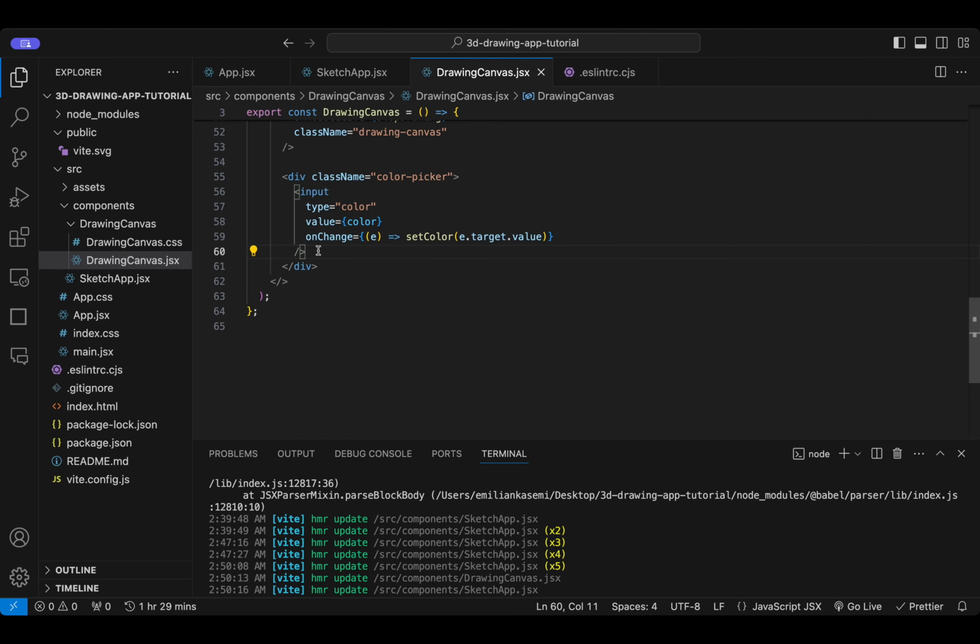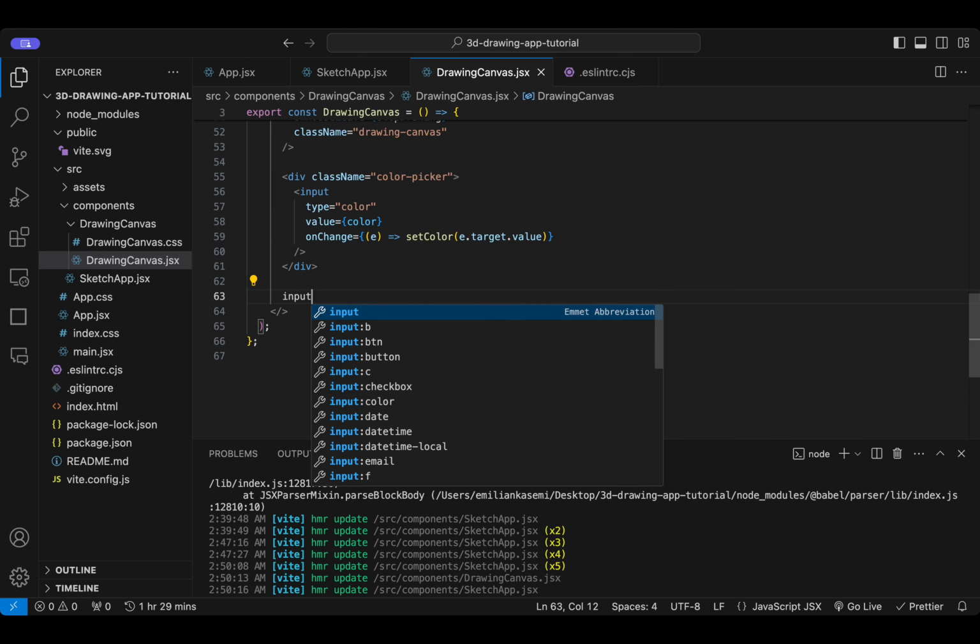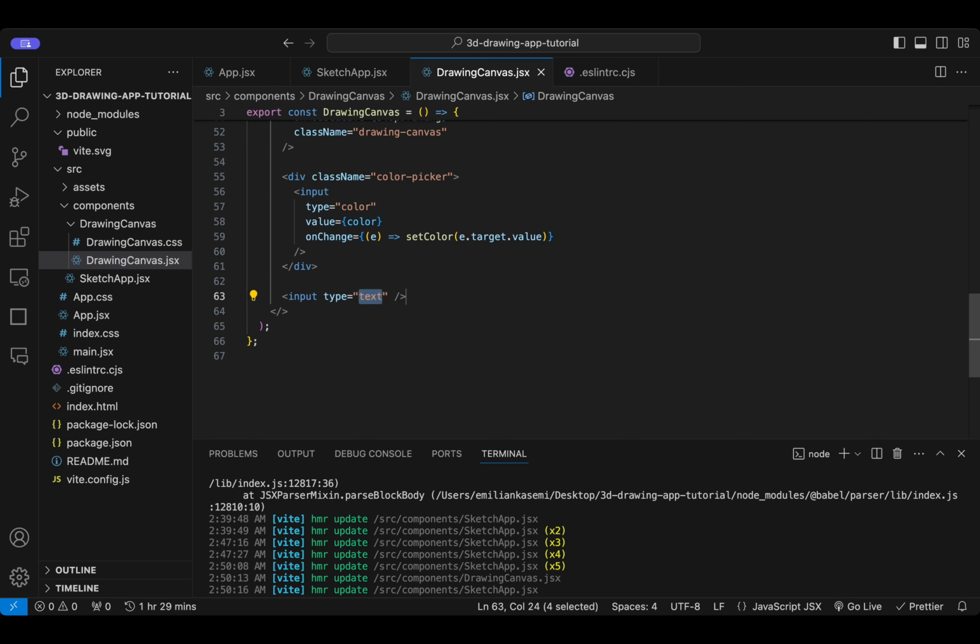Let's create another input below the color picker. It will not be type text, not type color, it will be type range, because we will have a range to drag, to slide, and choose how thin or how thick. So type range,